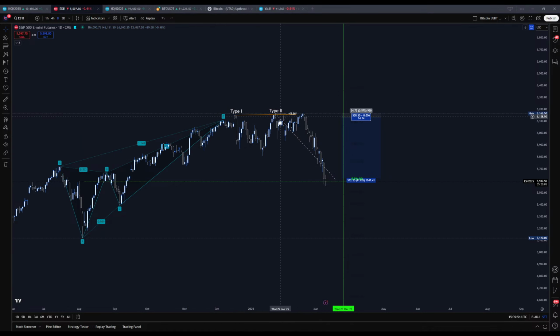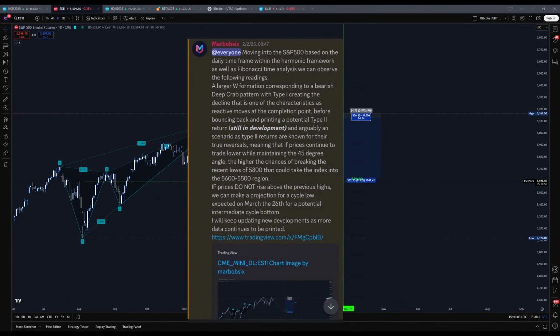Reactive move, bouncing back, now type 2 return. This is where true reversal occurs within the harmonic framework. Before bouncing back and printing a potential type 2 return still in development. Keep in mind, this approach was brought in February the 2nd, okay? Still in development, and arguably in a scenario as type 2 returns, the second test are known for true reversal